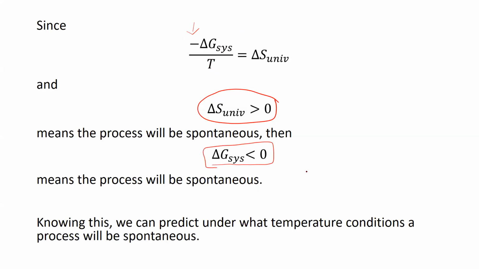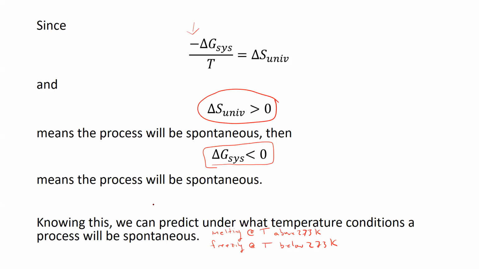And so what that allows us to do here is predict under what temperature conditions a reaction will be spontaneous, because not all reactions are going to be spontaneous at all temperatures. And so keeping in mind, thinking about something like melting, right? Melting would be spontaneous at temperatures above 273 Kelvin, right? And freezing at temperatures below 273 Kelvin. And so you can use this other function, this delta G function,